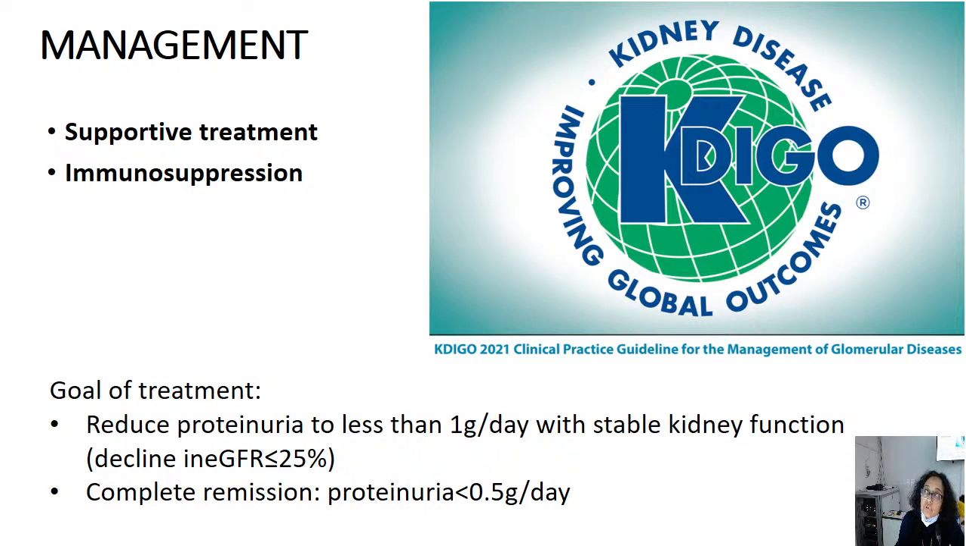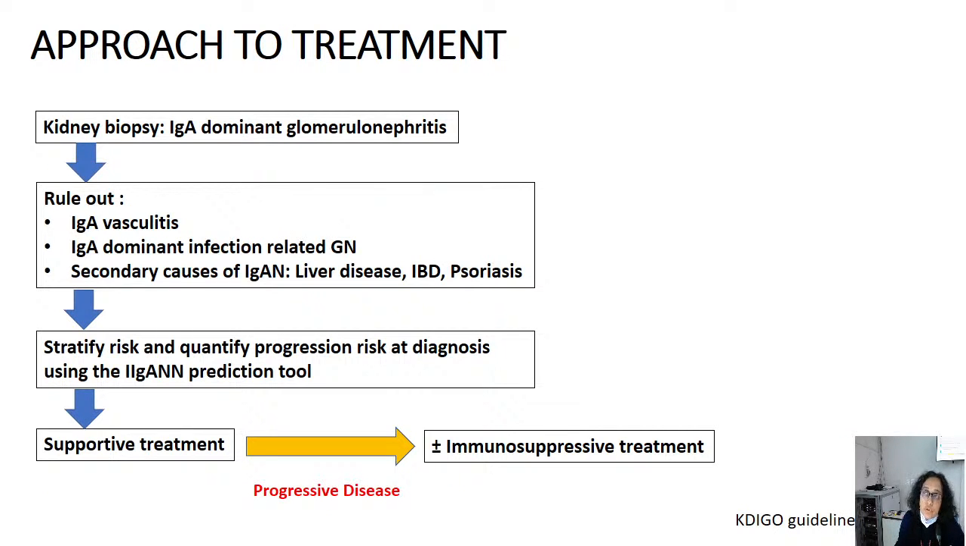Kidney Disease Improving Global Outcomes, just last year, came up with updated guidelines based on recent research, which has to some extent changed how we look at IgA. The basic approach to treatment is that if you have an IgA dominant glomerulonephritis, you depend on the pathologist and the clinical findings to rule out IgA vasculitis and IgA dominant infection related GN, because they have a slightly different approach to treatment. Rule out secondary causes of IgA